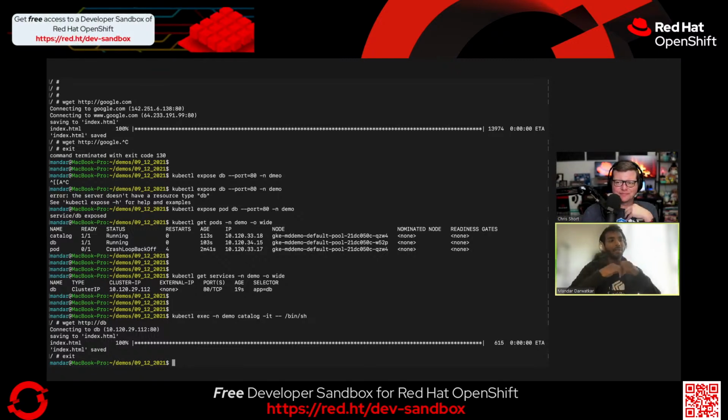So there are two approaches to this. When you're writing Kubernetes policies, you can start off by having a deny all policy in place, which means deny all the inbound and outbound traffic, when you're deploying a new application,